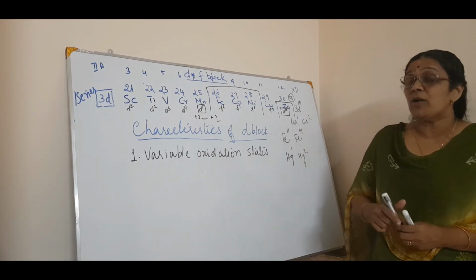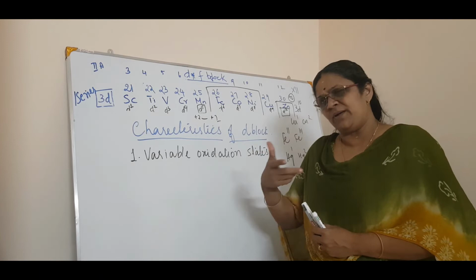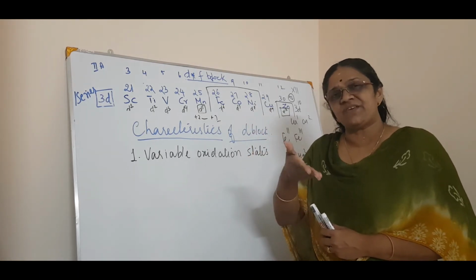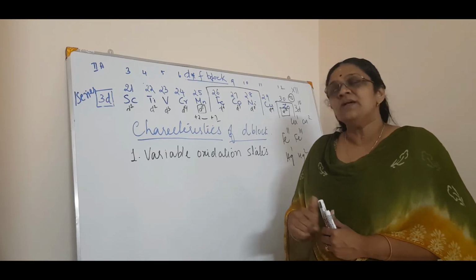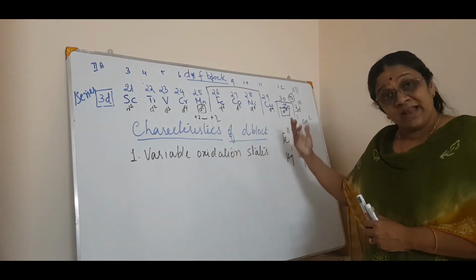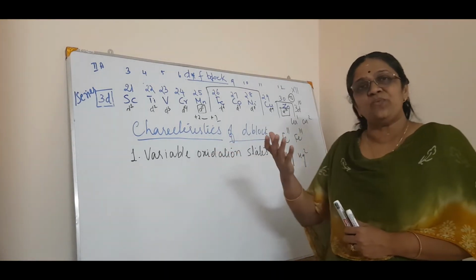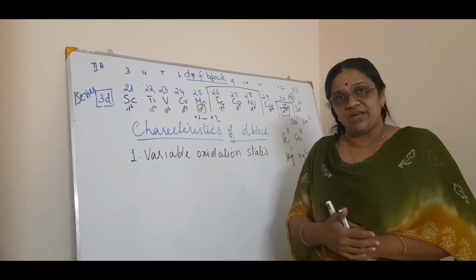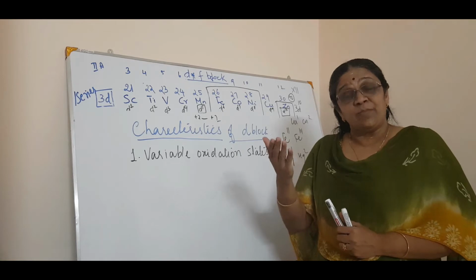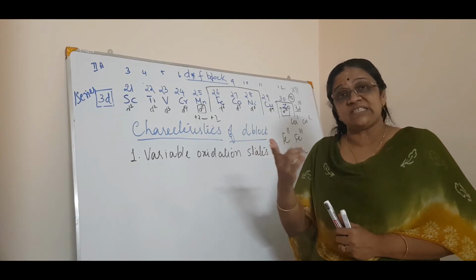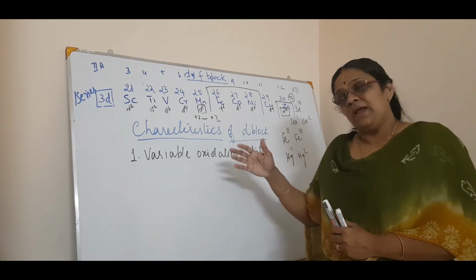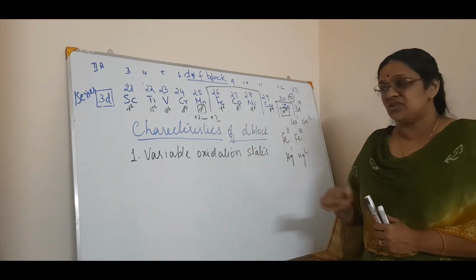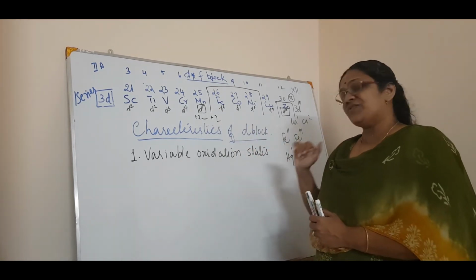Whereas when you talk about metals like sodium, potassium, etc., there is only the +1 oxidation state, isn't it? So we are more than the p block. In the p block also we have seen variable oxidation state in nitrogen and phosphorus, isn't it? Even in oxygen. Then halogens also have +1, +3, +5 and +7. But more than that, in manganese there are 6 oxidation states. So it is called variable oxidation state.